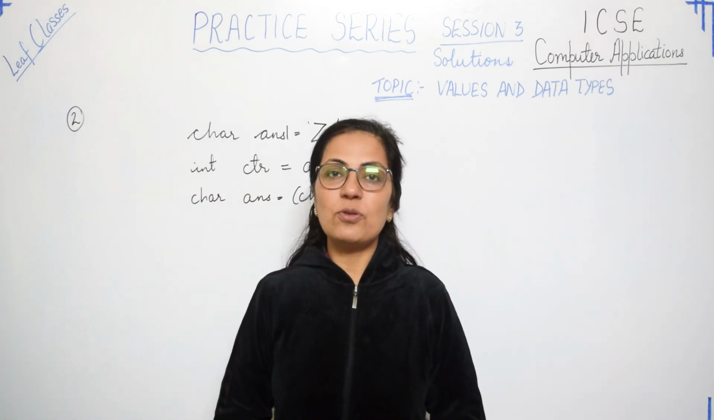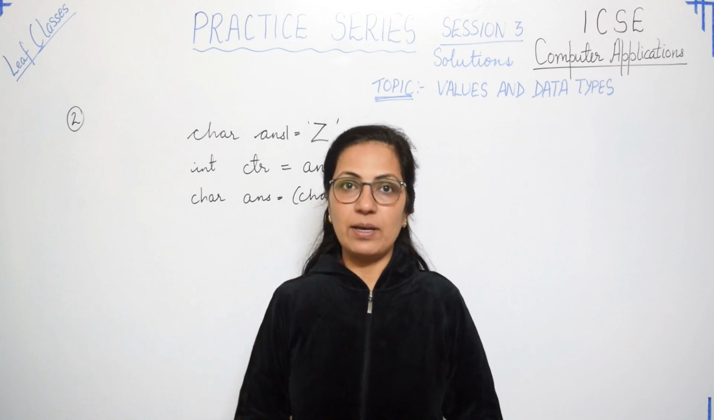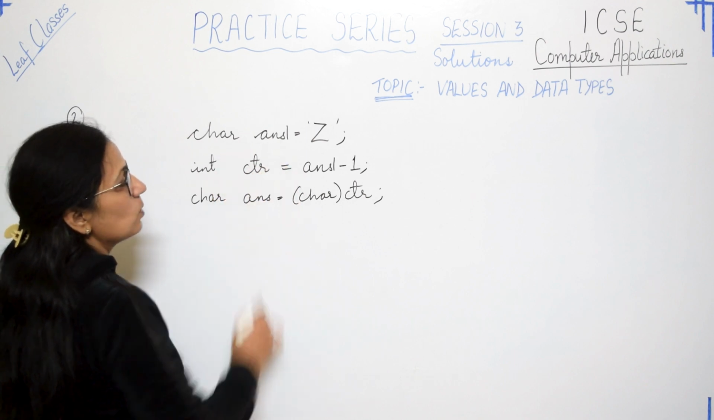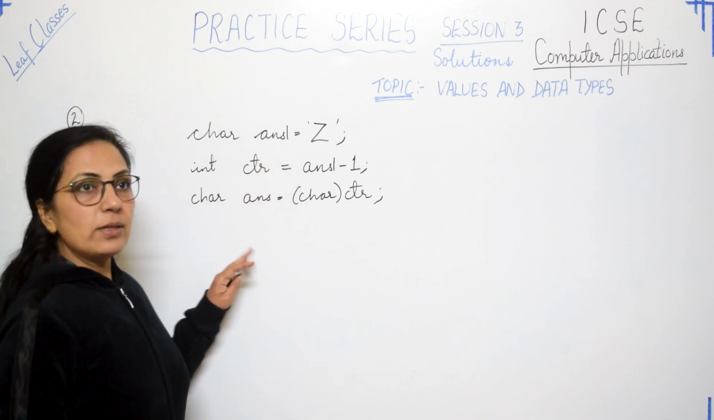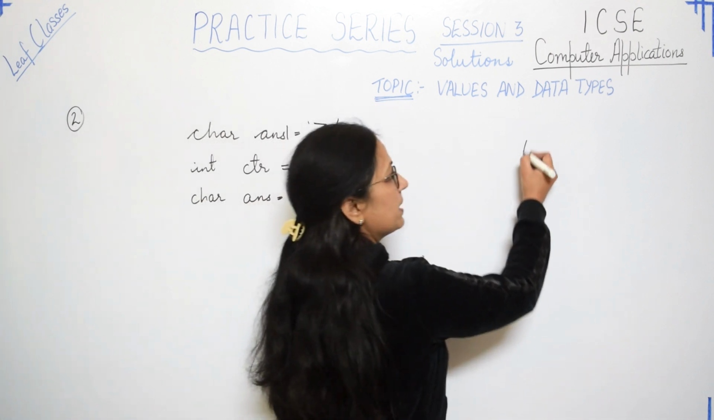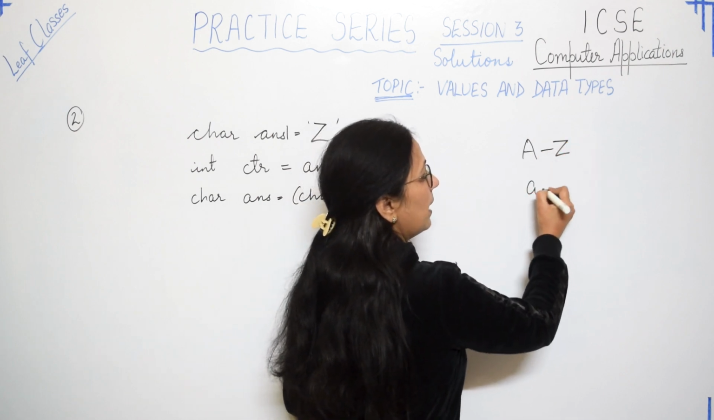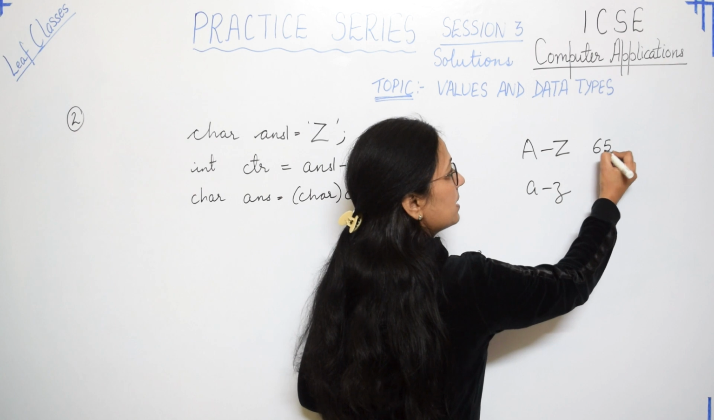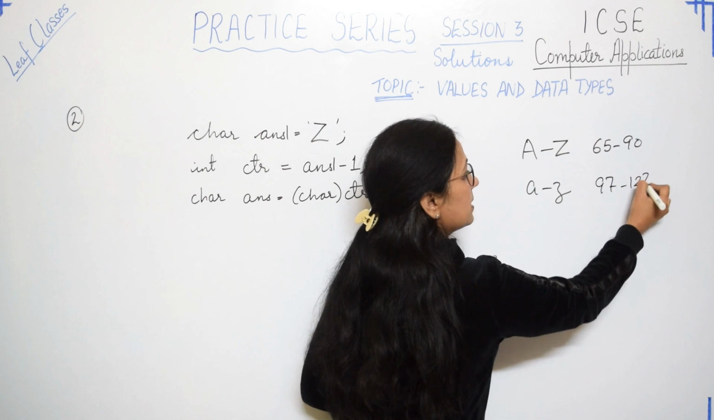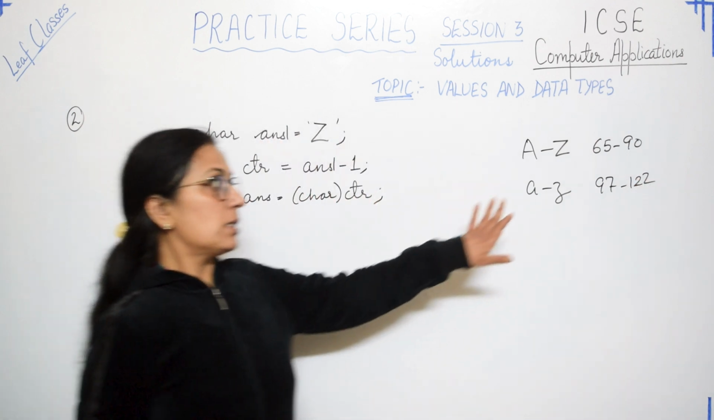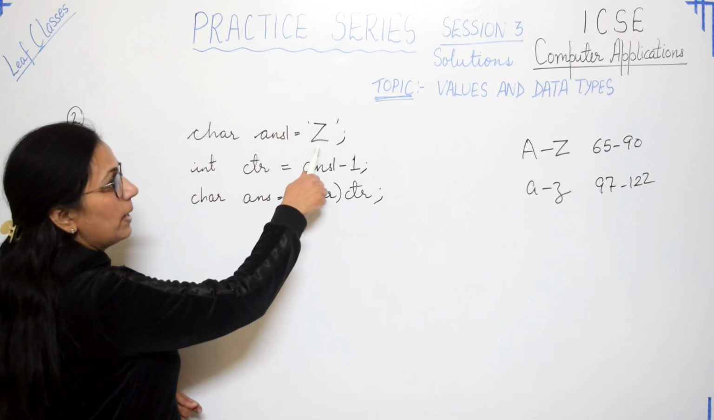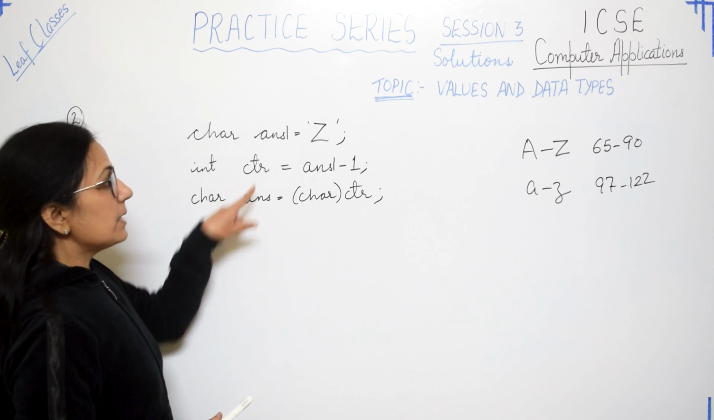The second question says to find the values of ANS and CTR variables. These three statements are given in the question. Let's see that. char ANS1 equal to capital Z. Children, for these type of questions, you must learn the ASCII codes, especially for capital A to capital Z, small a to small z. Capital A is 65, capital Z is 90, small a is 97 and small z is 122. These will help you a lot in solving these type of questions. So here ANS1 is capital Z. int CTR equals to